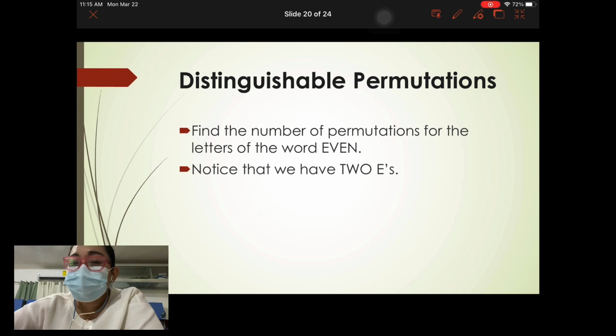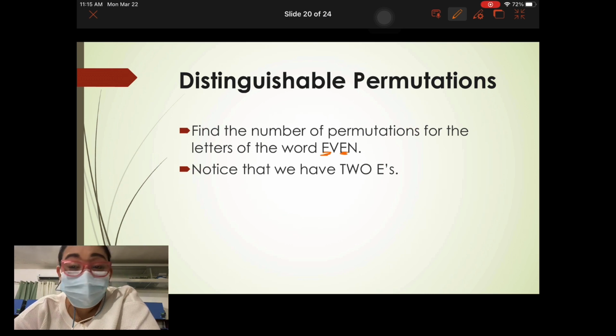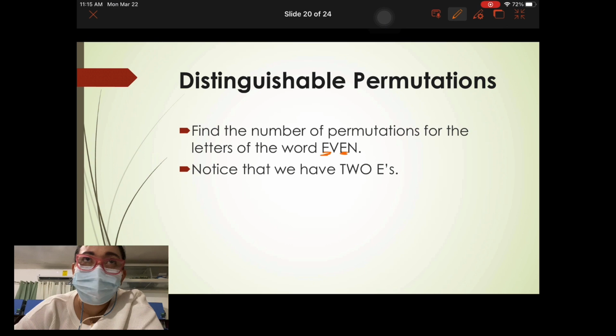Okay? Kapag sinabi natin na each letter is distinct, ibig sabihin, this E is different from the second E, yung tinatawag natin distinct, then madali lang yan. All we have to do is 4 factorial. Kasi 4 letters. In how many ways can we rearrange 4 letters? Okay? Diba? So that's just 4 factorial. However, if